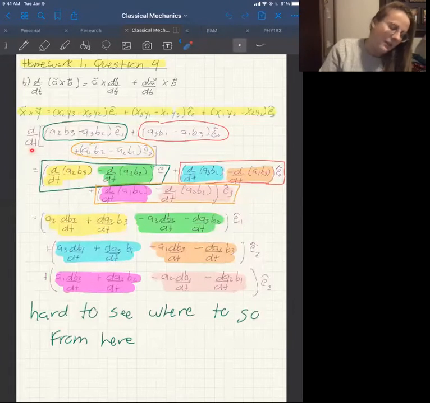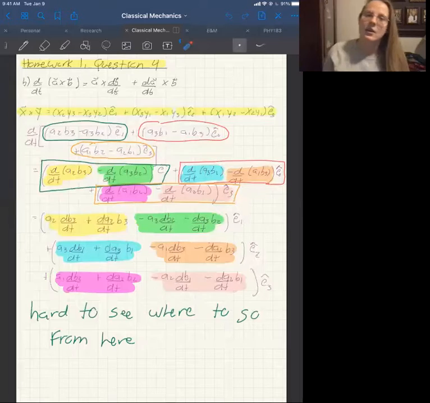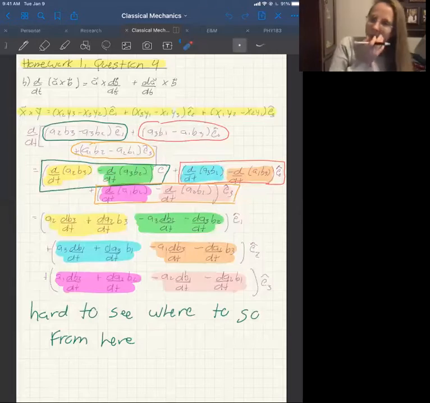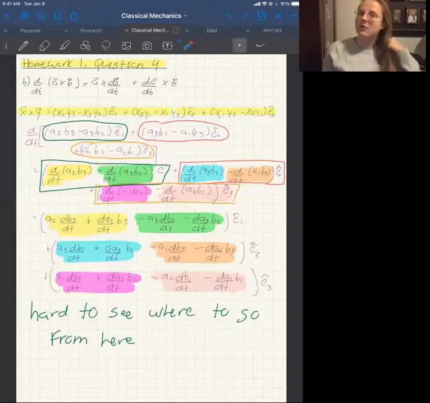The derivative here, d/dt, is distributive amongst addition. That's something we don't have to prove, we can just assume it. So I can take it and distribute it to each of these individual terms here, and I box them in to show what goes with what. And so now I have the derivative applied to 2 terms, and I know that all of these terms are components of a vector,